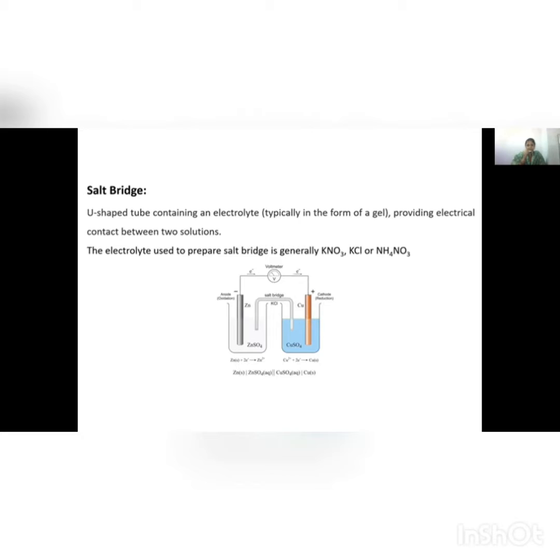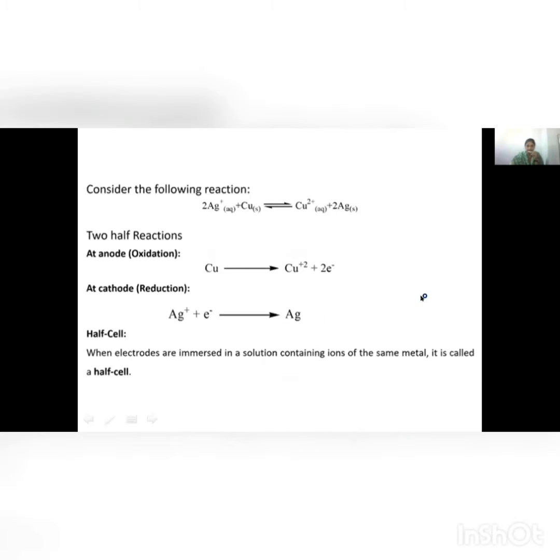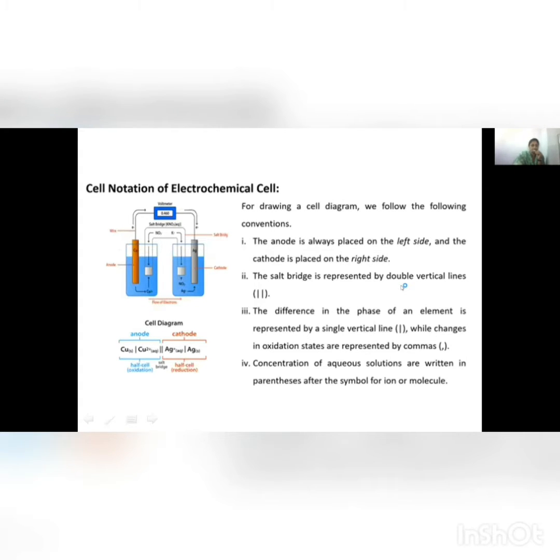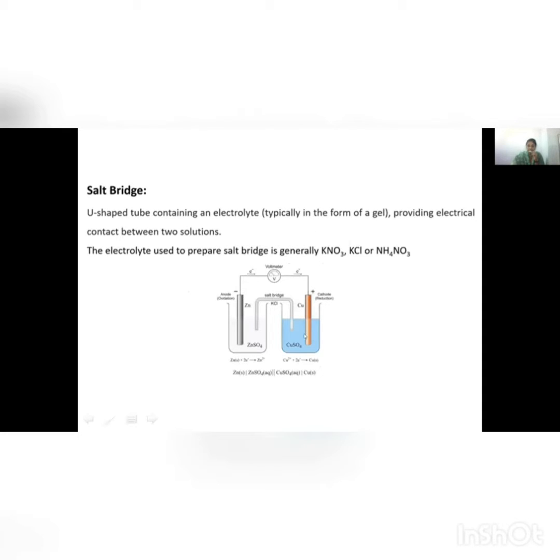So how to represent the Daniell cell? Let's see the representation of the Daniell cell. First of all, what is the first point in a galvanic or voltaic cell? Here the anode is one half cell and this is another half cell, meaning ZnSO4 is one half cell and CuSO4 is another half cell. First of all, we have to take the first cell, that is the ZnSO4 cell. The anode is written on the left hand side while the cathode is written on the right hand side. So for example, on the left hand side of the cell, we take Zn.